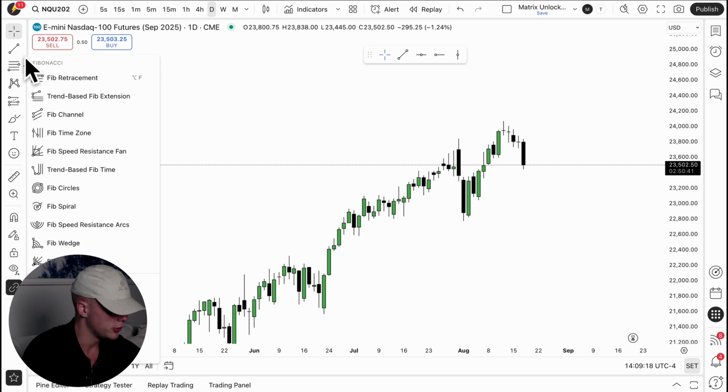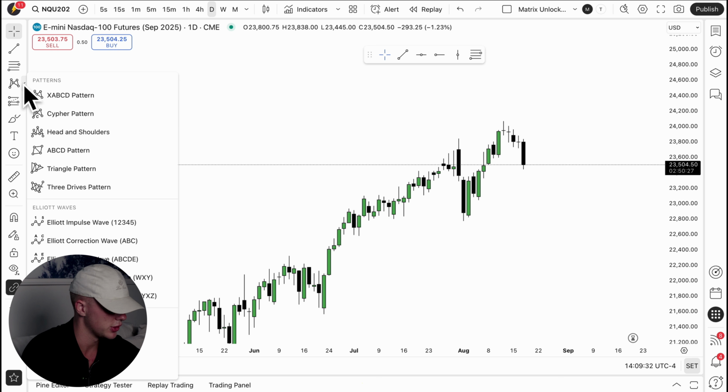Then we move on to the Fibonacci tools. The Fibonacci tool which I use is the Fib retracement right here. That's important to me, and that's about it. I don't pay attention to Gann because Gann is bullshit, and I'm sorry to throw it out there. I know I heard some Gann traders out there, but Gann has nothing to do with why the markets move the way that they do.